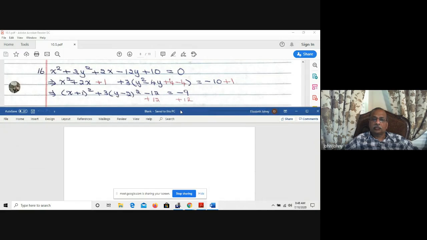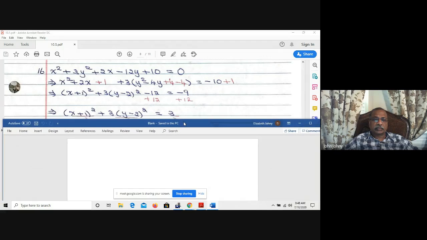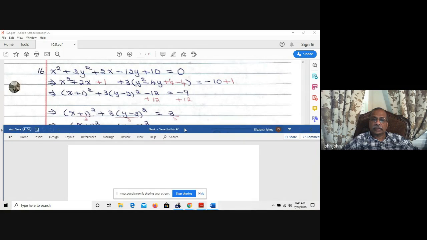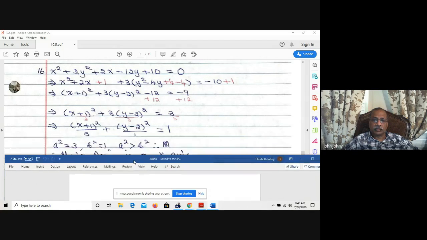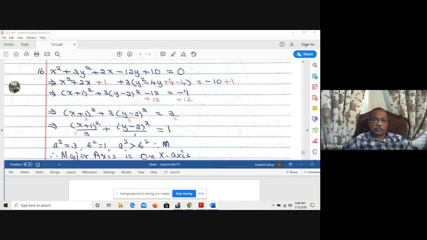You add 12 on both sides, you get (x + 1)² + 3(y − 2)² = 3. Now divide both sides by 3. You get (x + 1)²/3 + (y − 2)²/1 = 1. This 3 cancels, leaving a 1 here. a² is 3, b² is 1. a² is greater than b². So the major axis is on the,